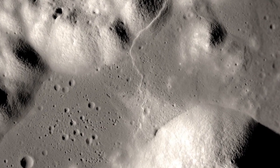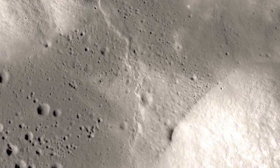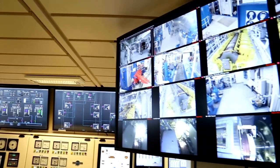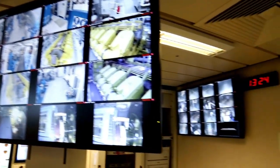With relay satellites like Queqiao in lunar orbit, communication with Earth was maintained despite the Moon's mass blocking direct radio contact. Looking ahead, NASA's Artemis program and international partners are aiming to return humans to the Moon, this time to stay. Future missions may include bases or science stations on the far side, offering an unprecedented opportunity to study the